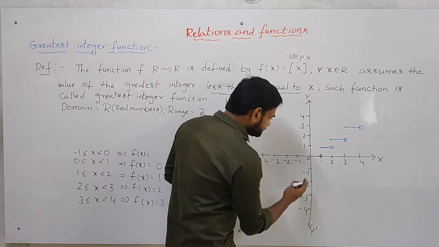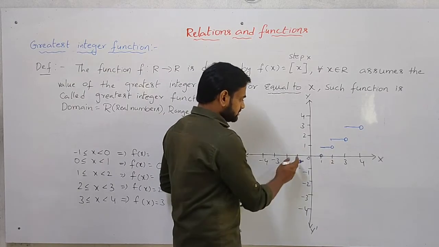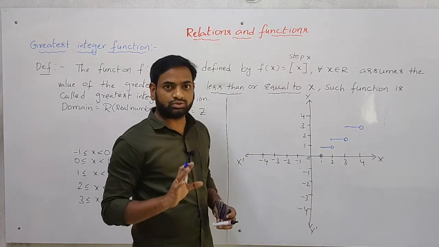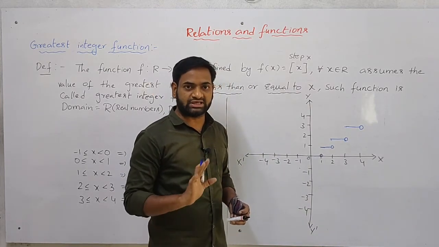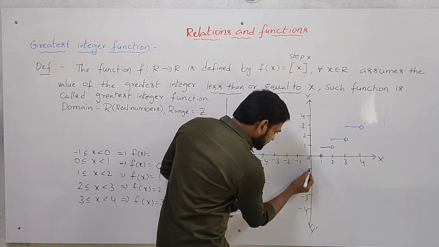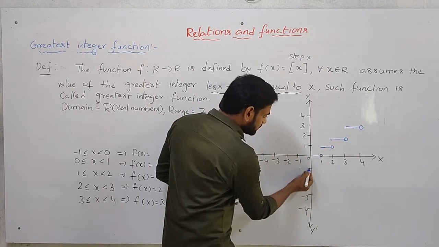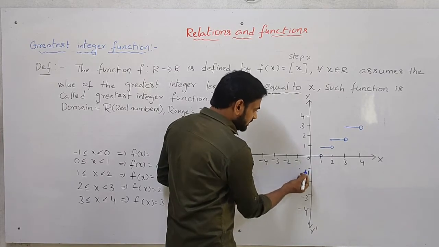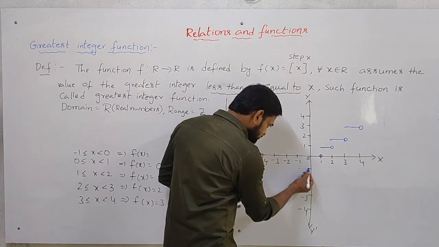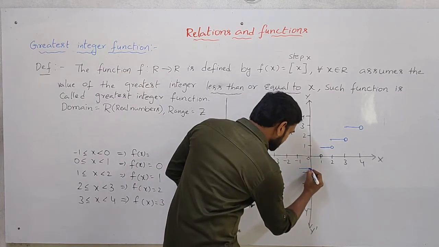We have to check the answer on the y-axis, not on the x-axis. So here it is minus 1. That is, if you take minus 1, the answer is minus 1. Don't take 0. If you take 0, the answer is not minus 1. It is going to be 0. So next, here I am taking minus 0.1, the answer is minus 1. Minus 0.2, the answer is minus 1. Minus 0.3, minus 0.4, minus 0.9, the answer is minus 1. So join this. Don't take 0. So at 0, put a circle.